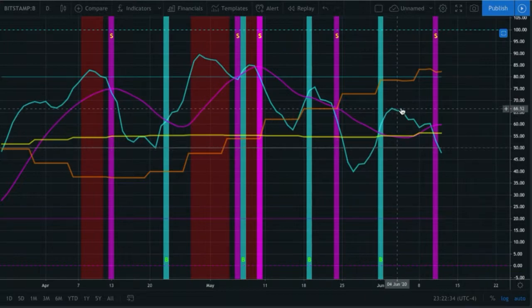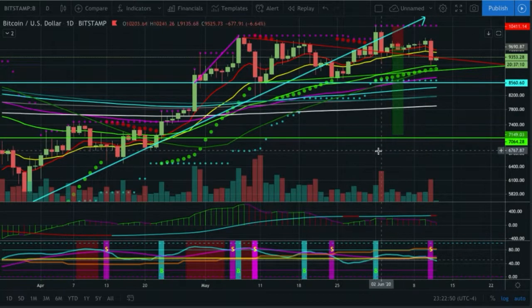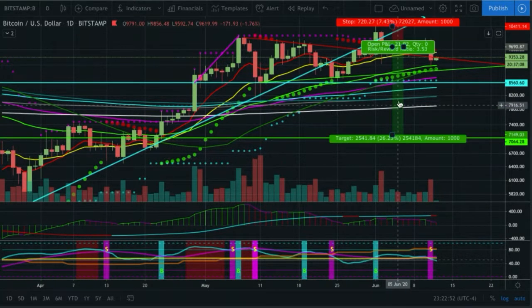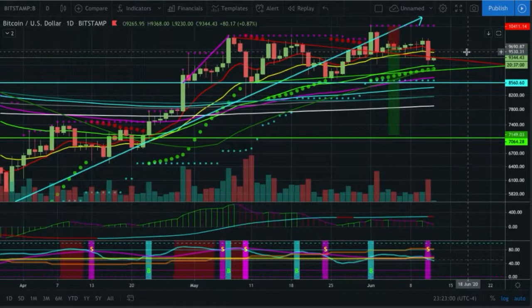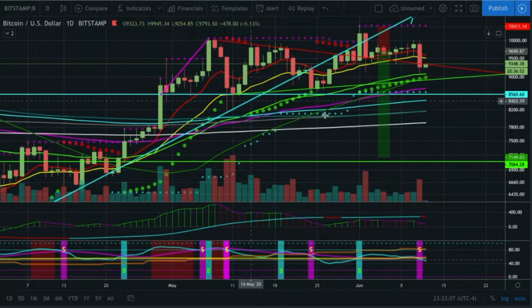And then we got the fake out cross. We crossed back to the upside and then immediately sold straight back off on the purple and blue on the daily. So the daily just got the cross to the downside, giving us the hard sell signal. The TD MACD just got the continuation to the downside. You obviously see my position. I told you all about it a while ago. Nothing has changed. I would still expect that retest back to the upside and then come back down. But this has and continues to look like distribution to me.